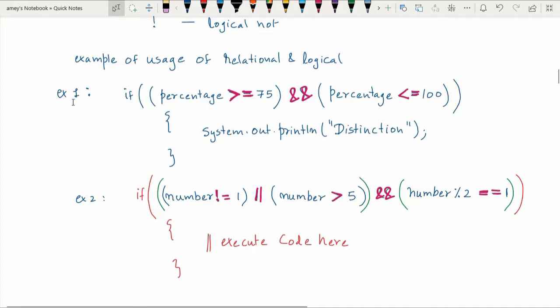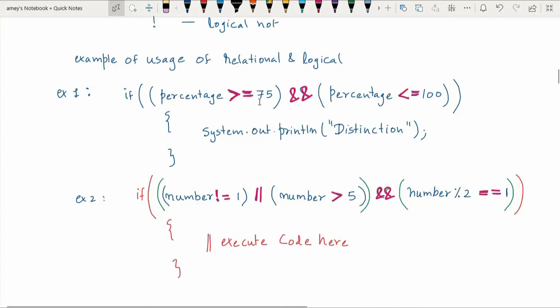As an example, suppose I have an expression like this: if the percentage of a person is greater than or equal to 75. So if the percentage variable has a value greater than or equal to 75, you see that this particular operator is a relational operator, that is greater than or equal to.